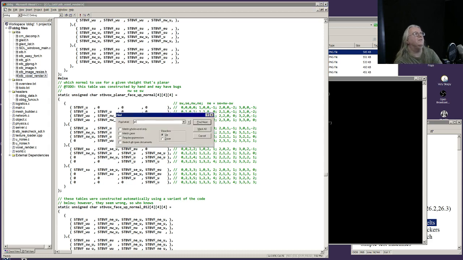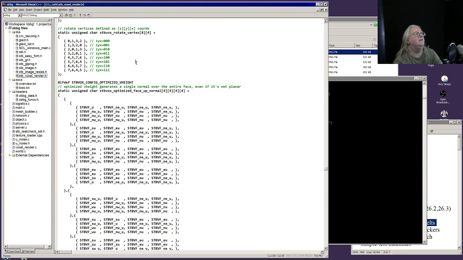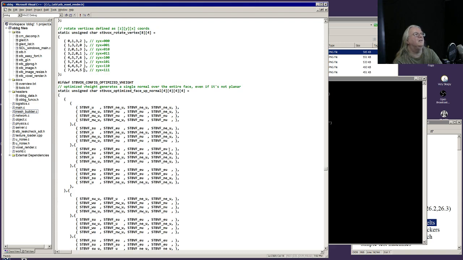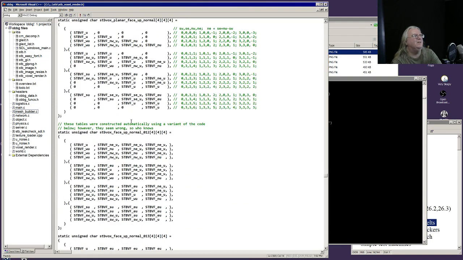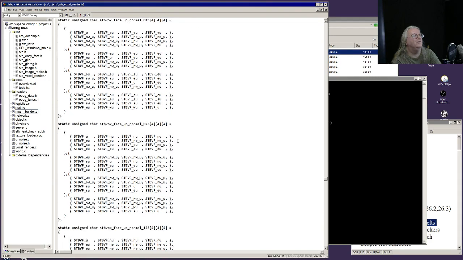So the question is, are we using planar face up normal? What is this ifdef? Config optimized v height. I don't think we're using config optimized v height. We might be though, because I cut and pasted this from something else. Optimized v height. No, we're not. So I did test that stuff because I tested the optimized v height stuff. But this is ignoring the texture gen stuff. So